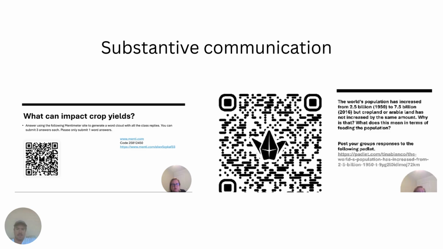In terms of substantive communication, there were a lot of strong opportunities for this throughout the lesson in group discussions. I think you used Padlet really well, and it was a good way to see the whole class's ideas. And I loved how you had examples of what that looked like as well. The Mentimeter word cloud at the end of the lesson was super effective as an online strategy. You could see how the students could contribute, and also see what other people in the class were thinking. So it was great to get that whole class vibe in your communication.